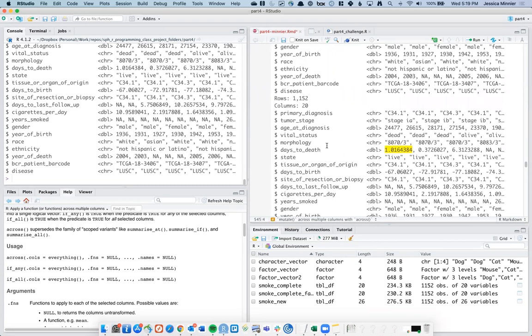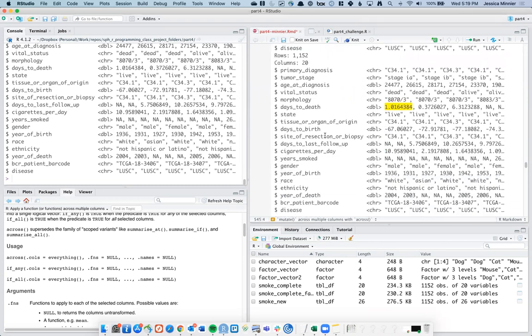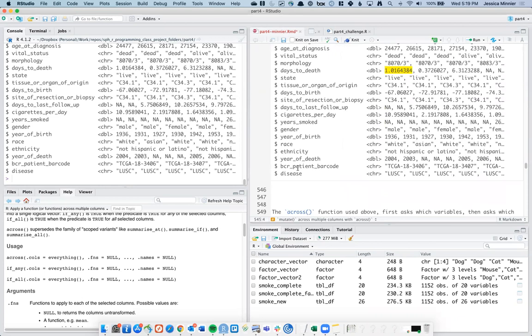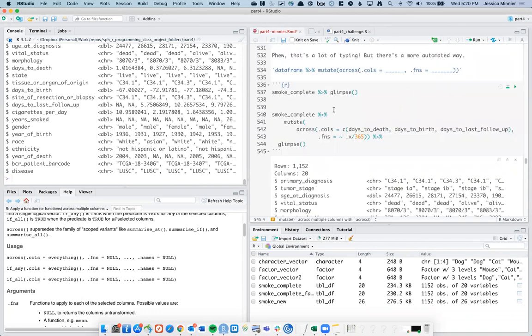So what happened here? It looks like we have not added any columns. That is one nuance about across, that we are not adding columns. We're not renaming columns. We're doing this action in place. We're reassigning days to death as days to death divided by 365. Same with days to birth, days to last follow-up. Those 3 columns just changed in place. That's one, I would say, kind of annoying thing about across, that there's no default way to just change the names. So